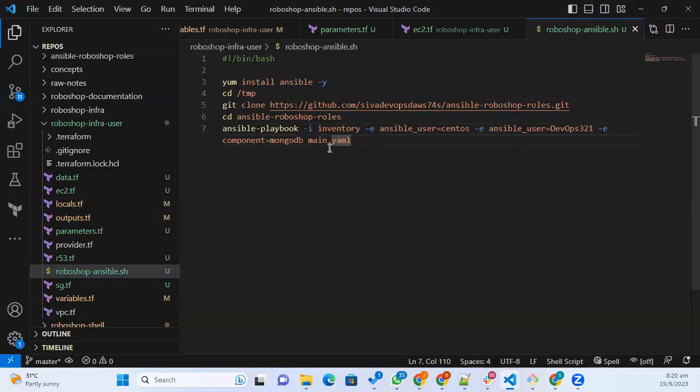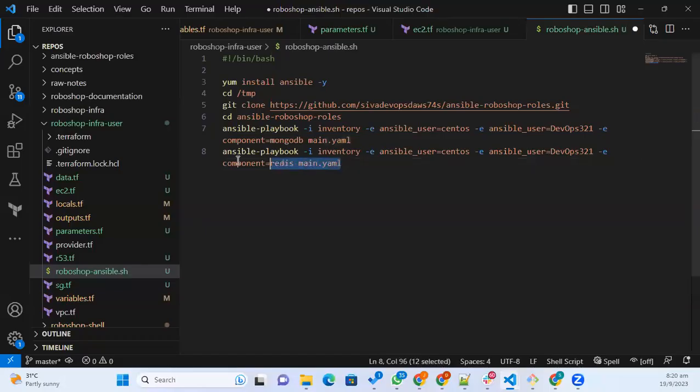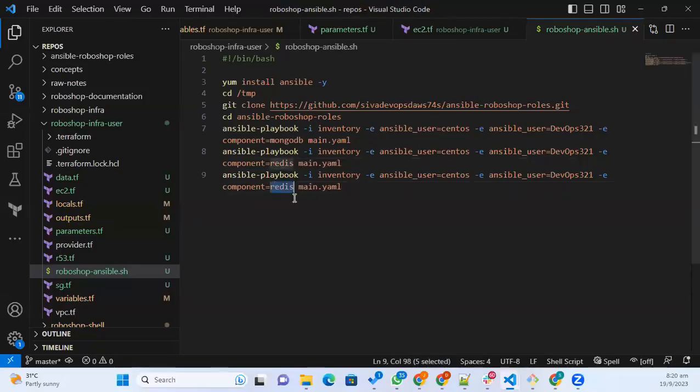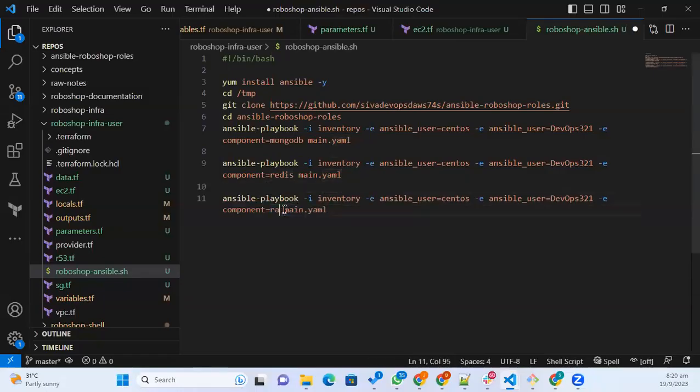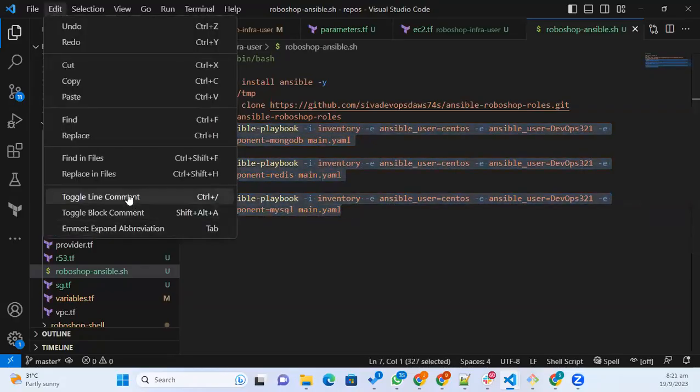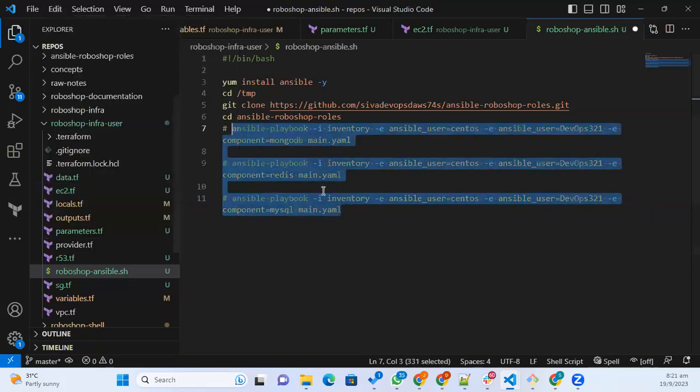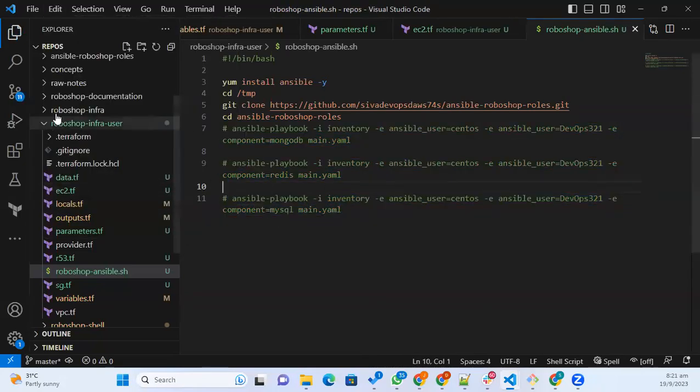Okay. So now like this, you need to have MongoDB, and then Redis, and then you need to have other components, MySQL. Okay. So like this, we can write the commands to configure one by one. But instead of that, I can directly have. Okay. So what can I do here is